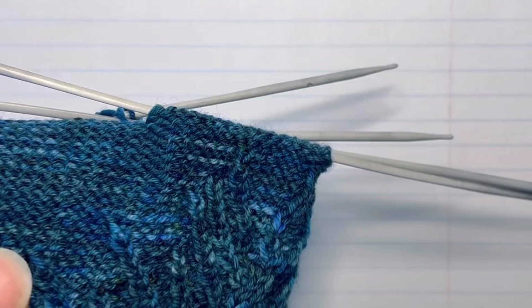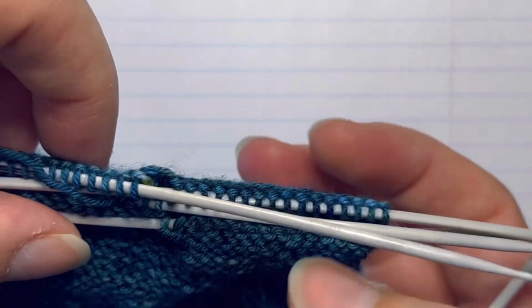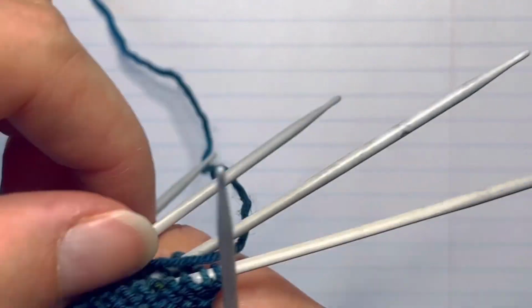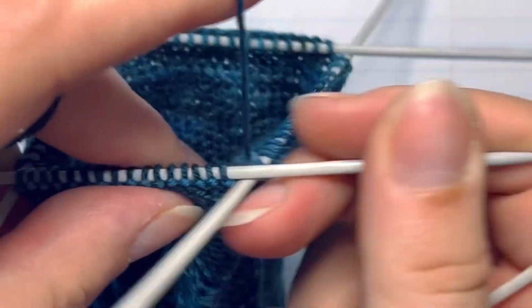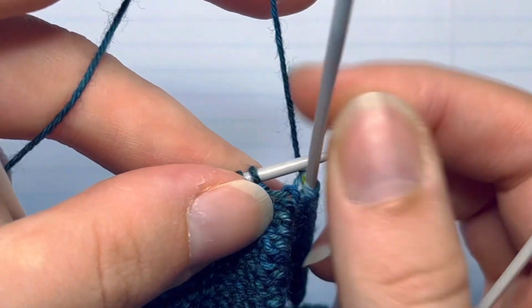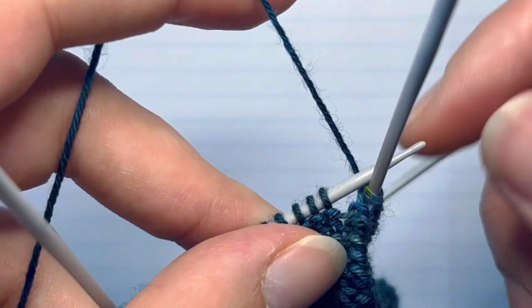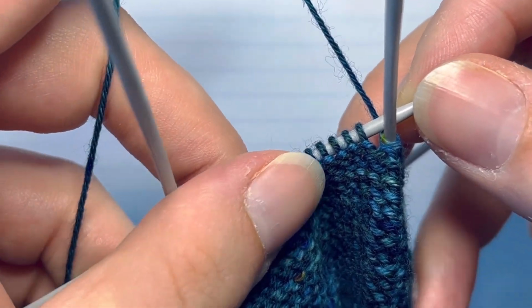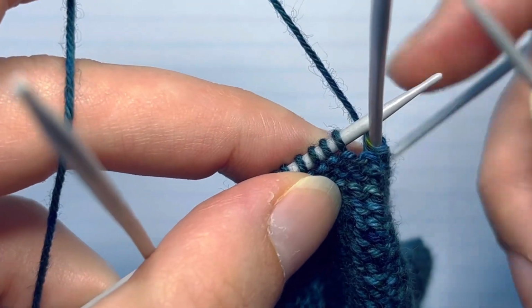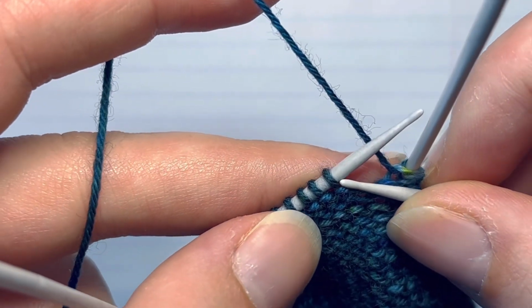To do this, it's really easy, kind of like how the cables were 1x1, or 2x2, or 2x1 for the amount of stitches that you were using. It's the same sort of concept for how ribbing is written. So 1x1 means one knit by one purl generally. But since these are half twisted, it's done through the back loop for the knit stitches, and then it's through just the front loop for the purl stitches. If it was a full twisted rib, it would be twisted for both, but this is just a half twisted